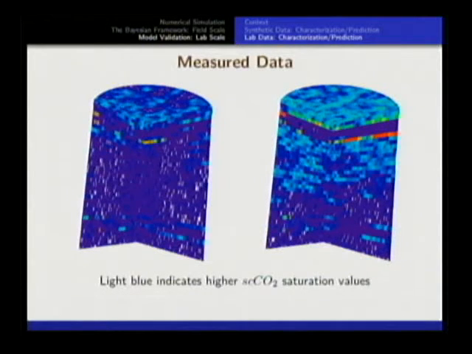So this is the data. Light blue indicates the CO2 that's being injected at the top. As CO2 enters, you see that a 1D simulation has no chance to describe what's going on here. These red spots are points where they have equipment to measure pressure values. So these are slices that we have to ignore in our analysis. Otherwise, this is the data that we use for saturation at slices.